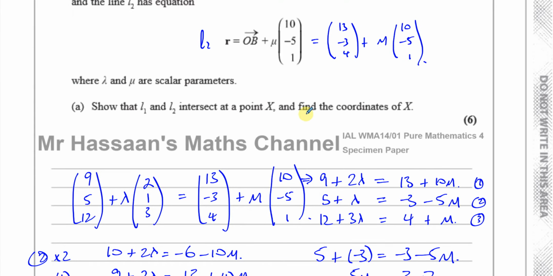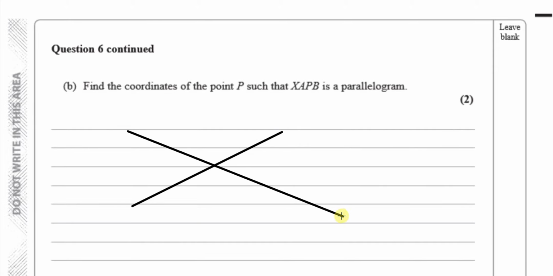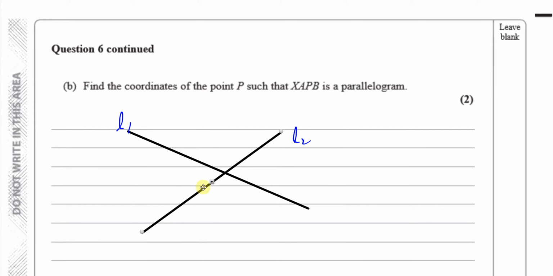Now for 6b. 6b says find the coordinates of the point P such that XAPB is a parallelogram. So if you remember, we had line 1 and line 2. We know that they intersect at X, and we know that line 1 goes through A, and line 2 goes through B. It says find the coordinates of the point P such that XAPB